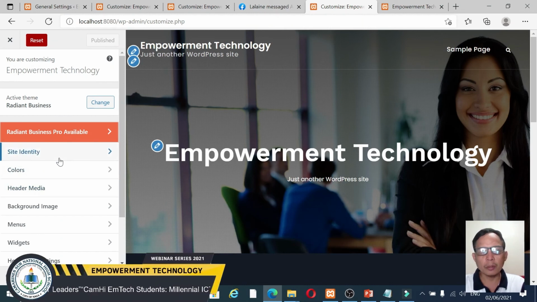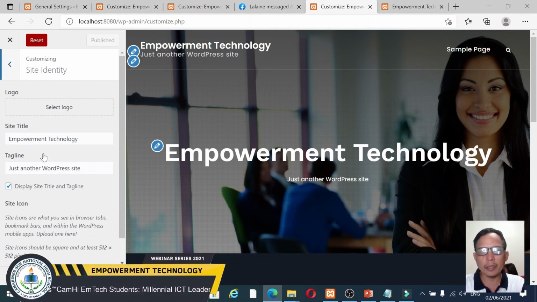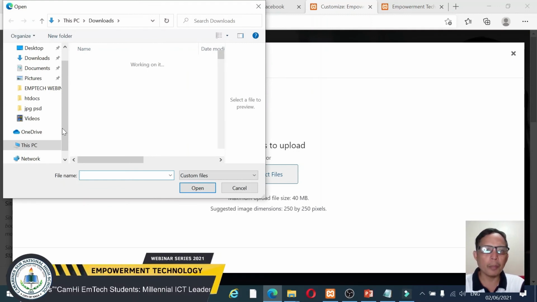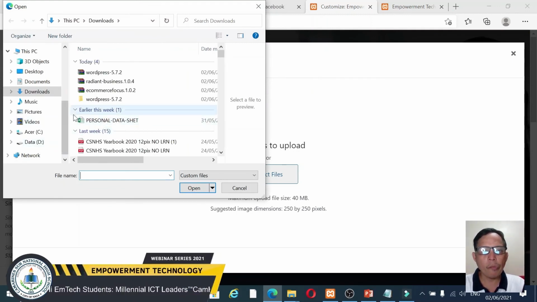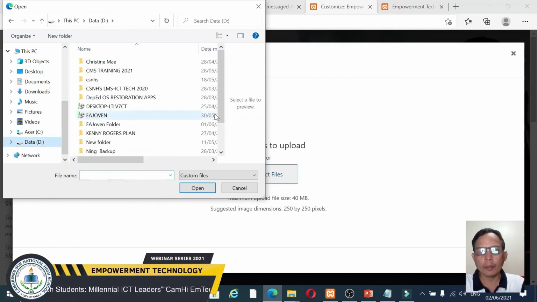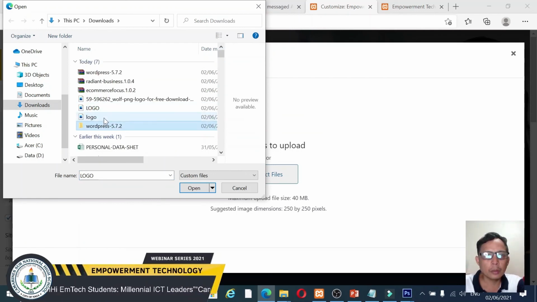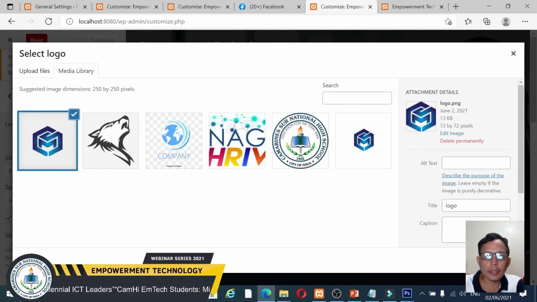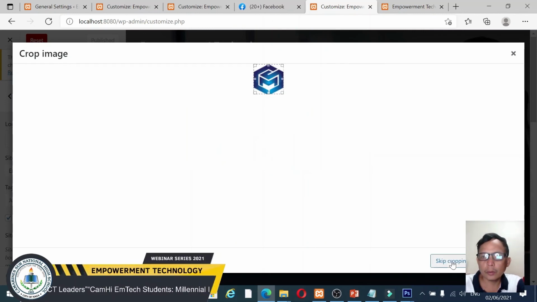You could also customize your site, for example, in the site identity. You can select this one to choose or upload a company logo. If you are going to upload a logo, then select skip cropping.